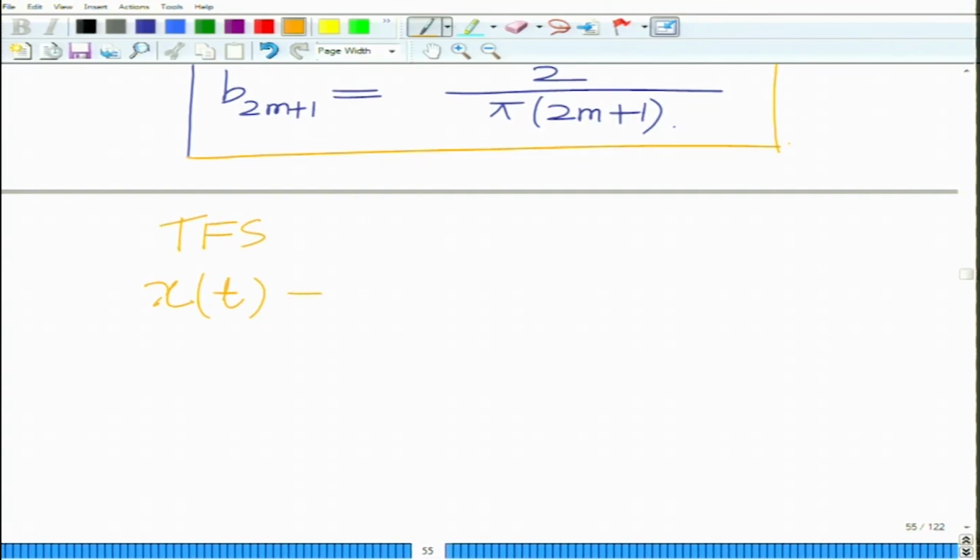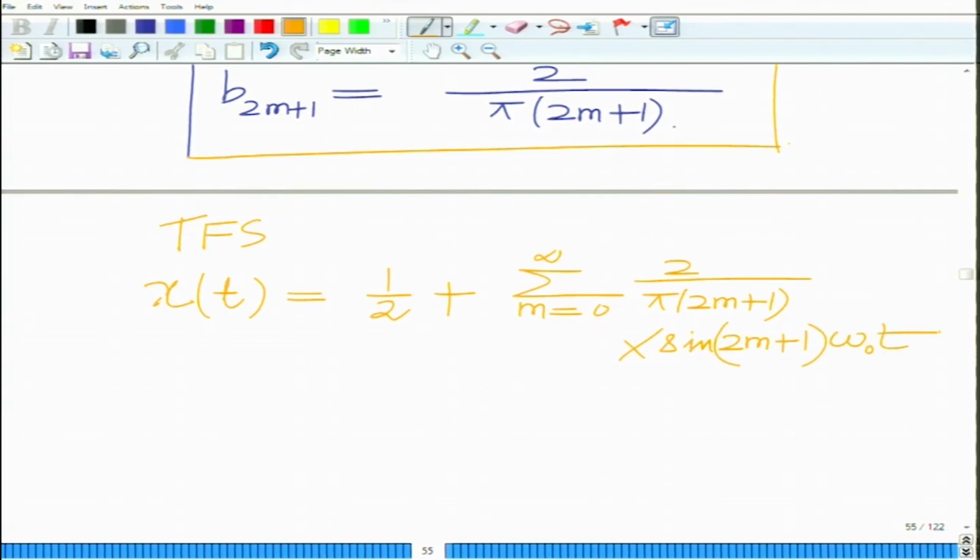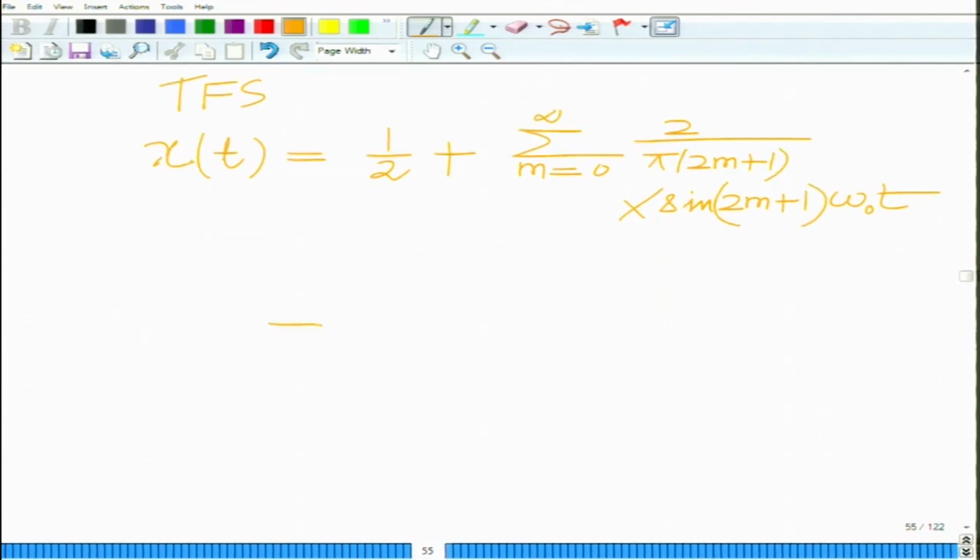We have x of t equals a naught by 2, where a naught is 1. So, this is half plus the summation of b k, but b k is non-zero only for odd k. So, this is basically the summation m equals 0 to infinity of 2 over pi times 1 over 2m plus 1 times sine of 2m plus 1 omega naught t, and if you take the 2 over pi common in the summation,